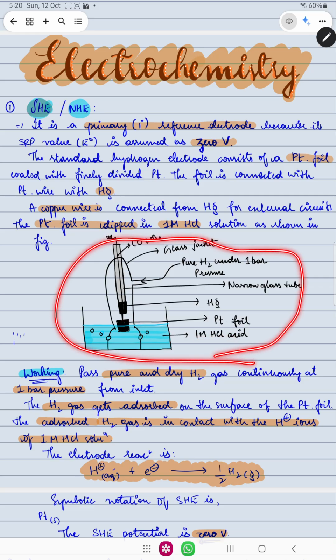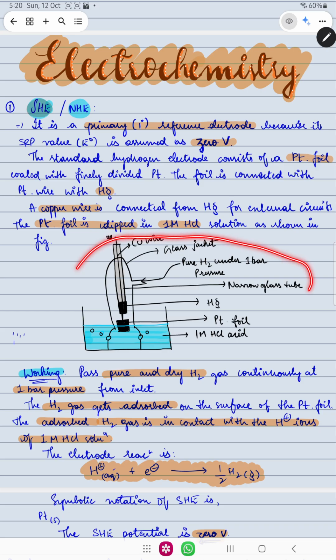Just remember this: if you learn to draw this and all the labelings, then it is easy to write that. So it's like that. Now talking about working,